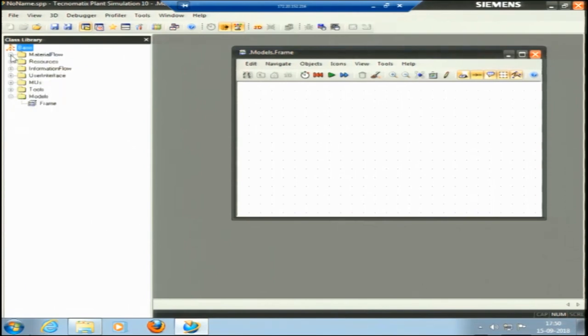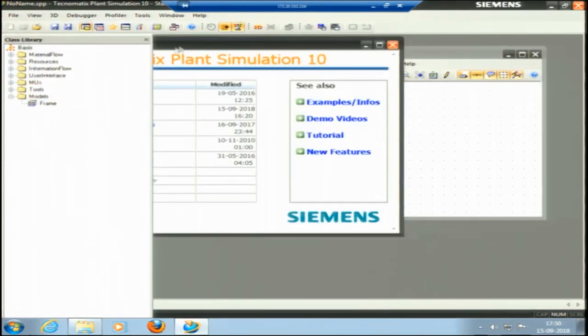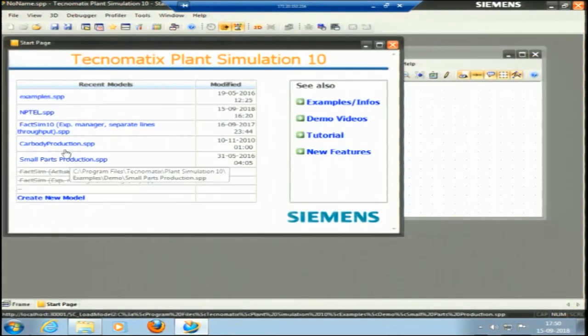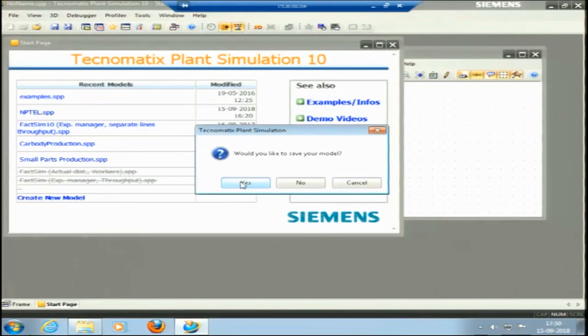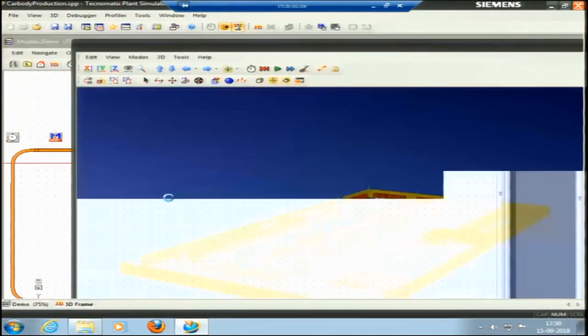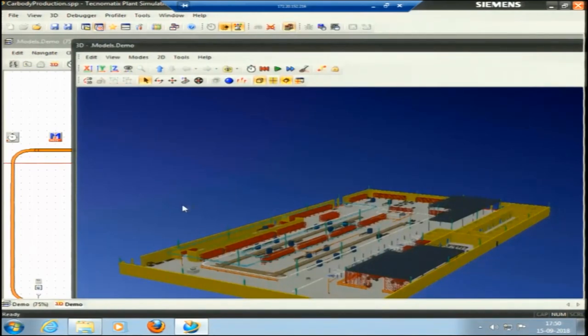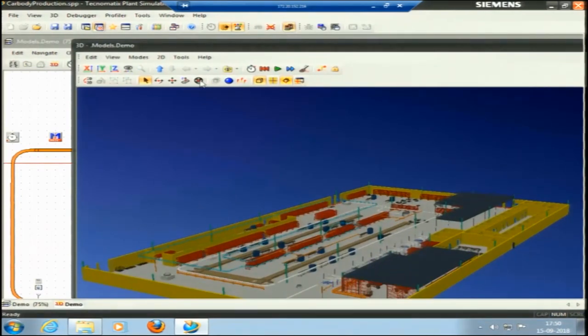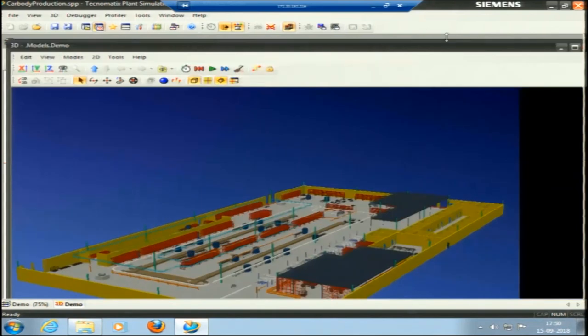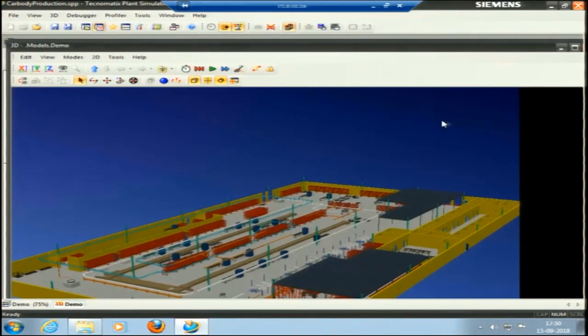Before actually starting the model, I would like to show you the potential of the software. I have one example here. This is car body manufacturing in 3-dimensional. Okay.